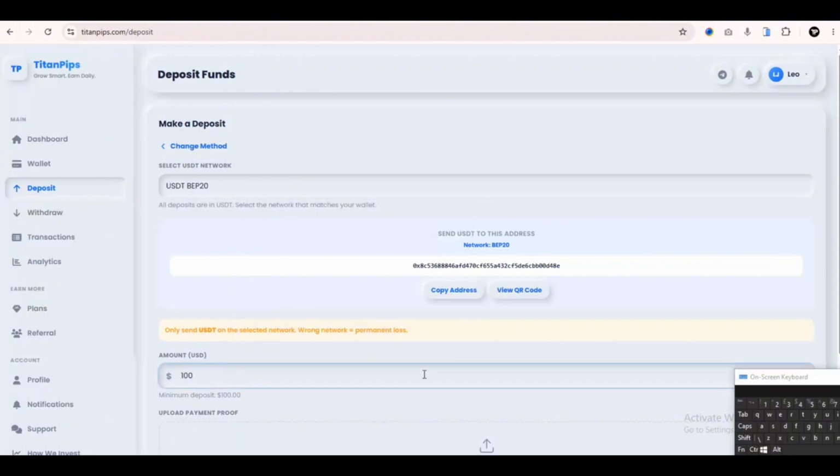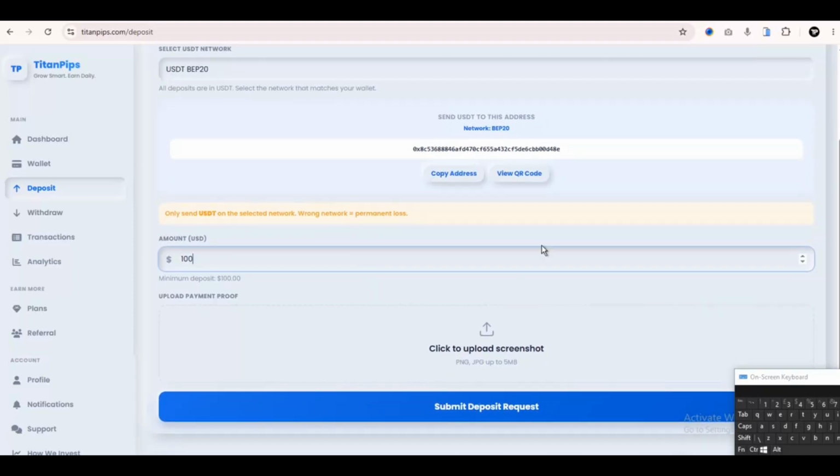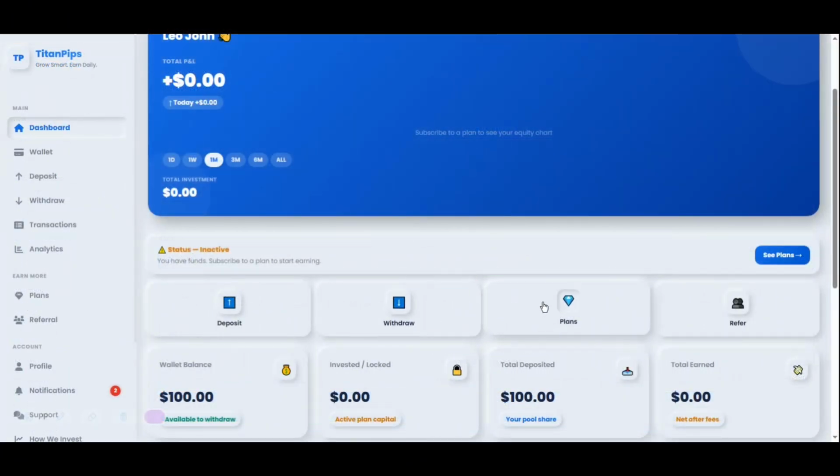Once your payment is confirmed, your wallet balance will be updated automatically and you'll be ready to subscribe to a plan and start earning. In the next video, I'll show you how to subscribe to an investment plan and activate